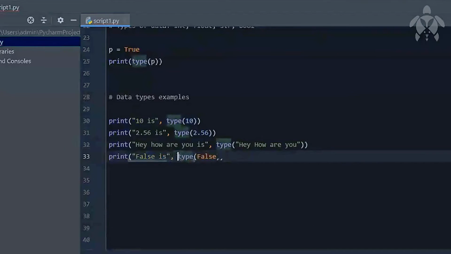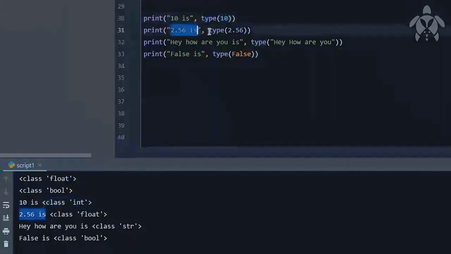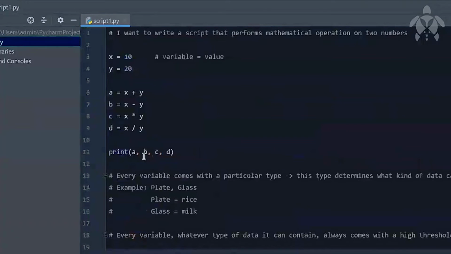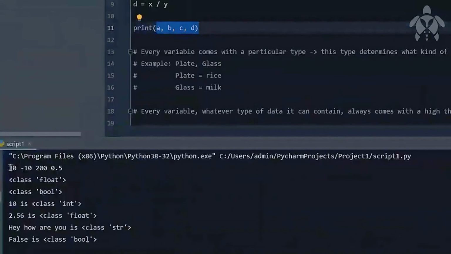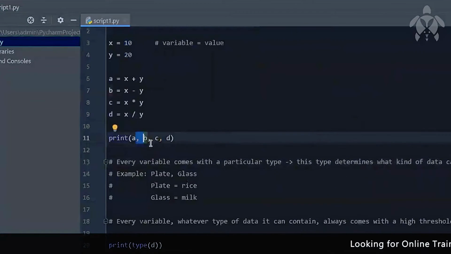Now if I run it, it will come like this. 10 is, and then the type of 10, that is class int. 2.56 is, that is this text, then the type comes over here. So you can put comma, comma, comma, and print a lot of things in one single line. Just like if you see here, I printed phone numbers, A, B, C, D. They got printed over here. The comma will not get printed, but the things on the left and the right hand side will get printed.